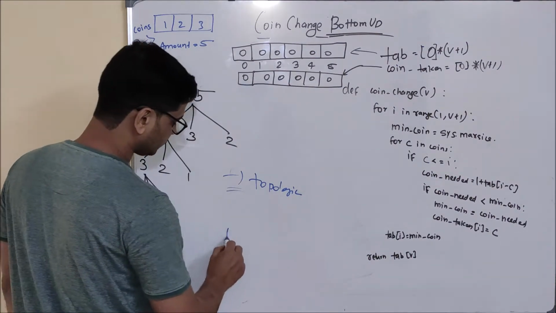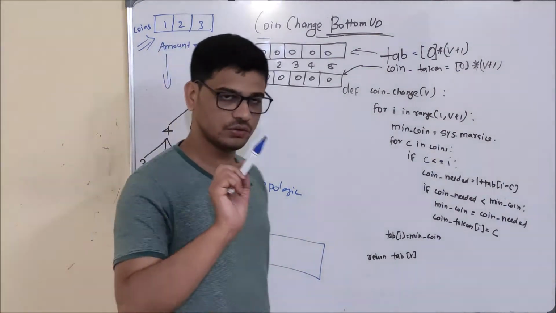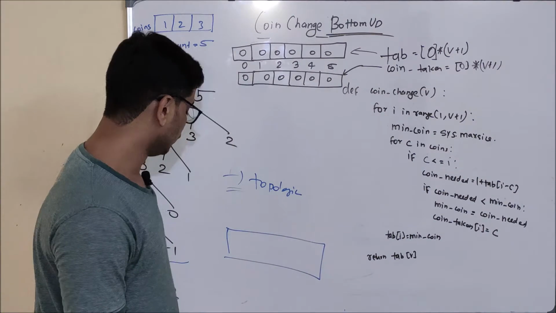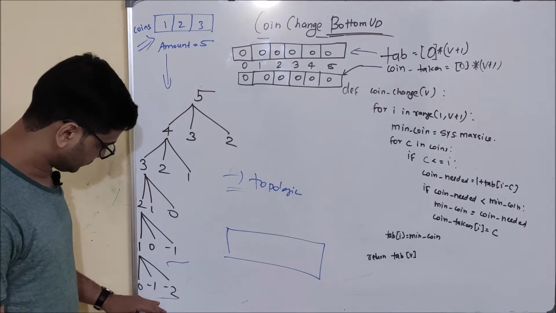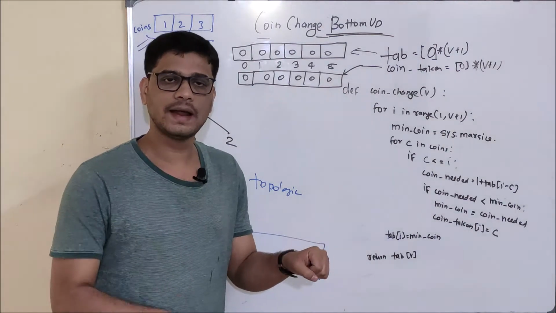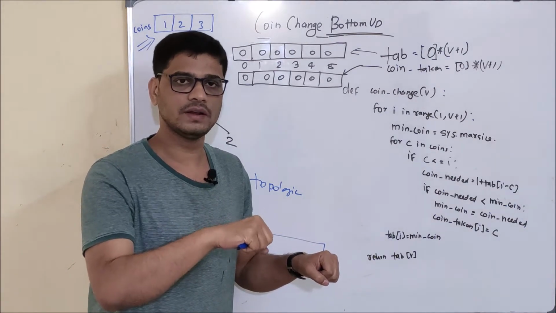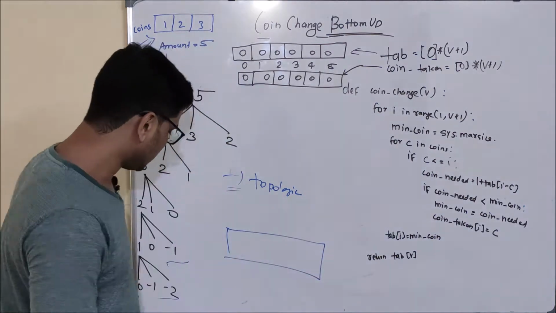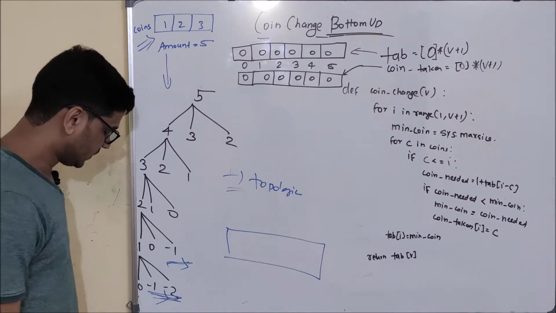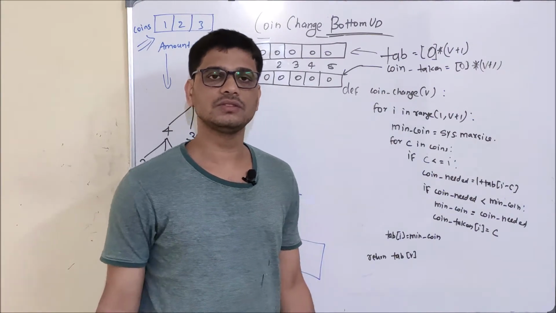So first of all, these are some negative values and we are going to ignore them. You may be thinking why I am ignoring the negative values. For any negative value, it is not a valid solution. Suppose I have an amount 2 and I have only a coin of denomination 3, and if I take this coin, is it a valid solution? No. So these are invalid solutions. So rather than taking this coin, we will ignore this coin. We will not take this coin.